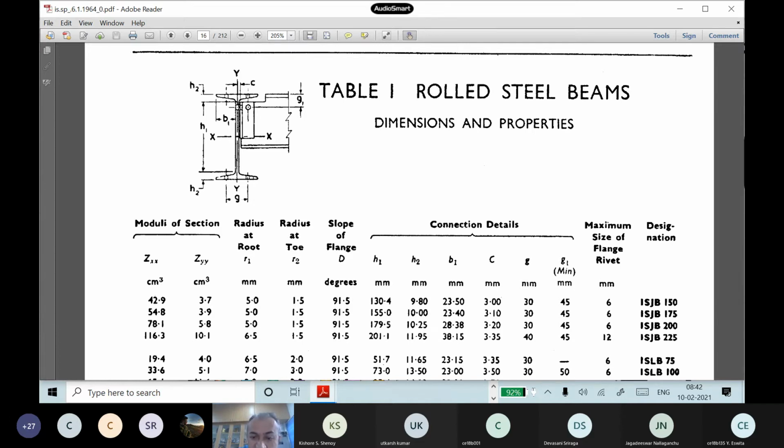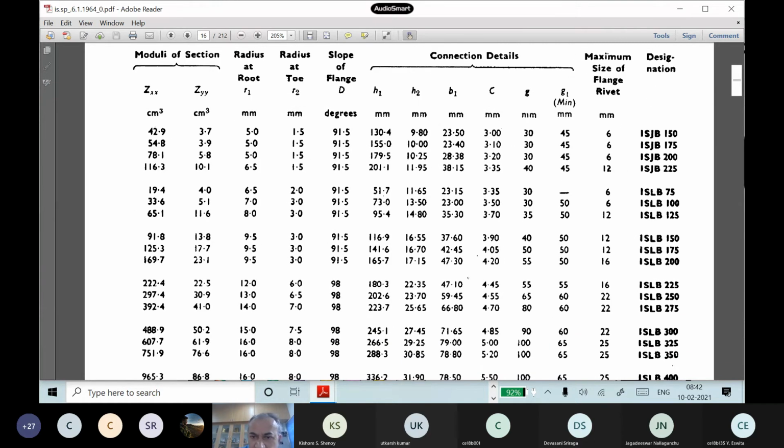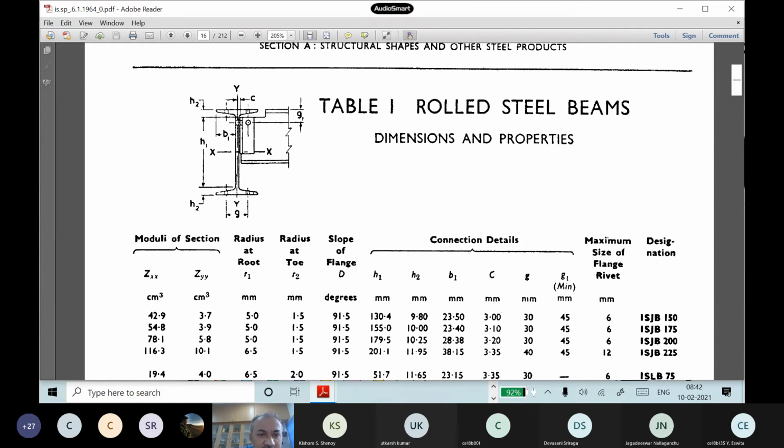Yes, sir. No, this is for the connection details. Okay, so H1 is the depth. So we are looking at only the overall buckling of this web. B1, C, G, G1, as I already told you, are the connection details. That is 2071.65, right? You mean to say that distance is slightly different. If you see this carefully, he has put up bolts and other things, so that is a slightly different mode.